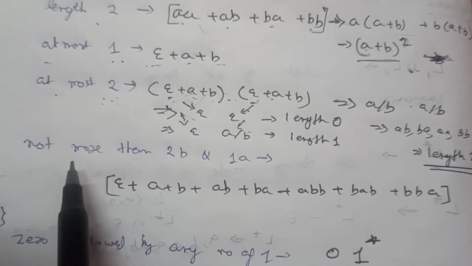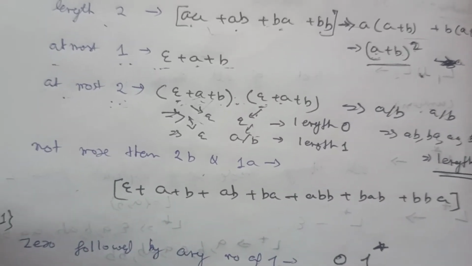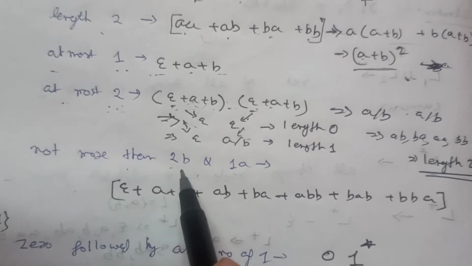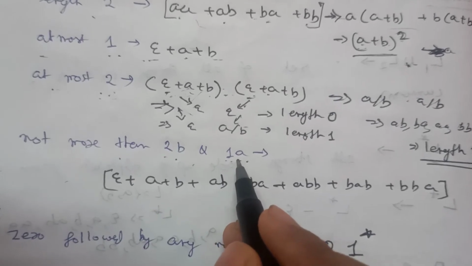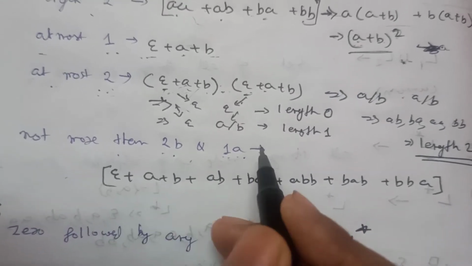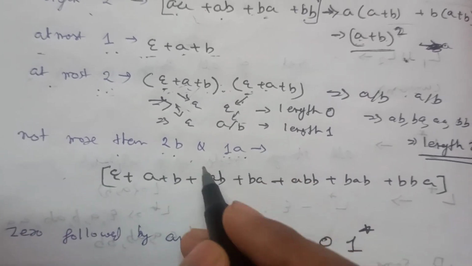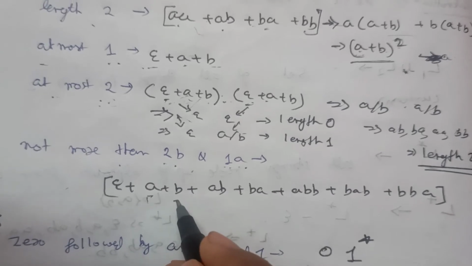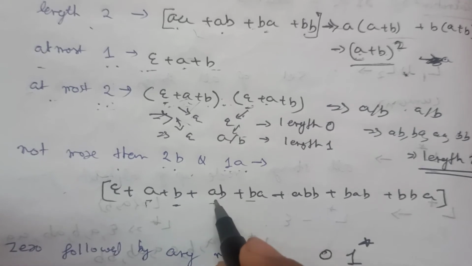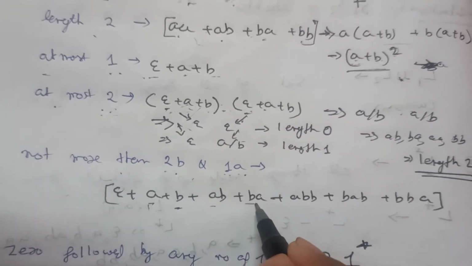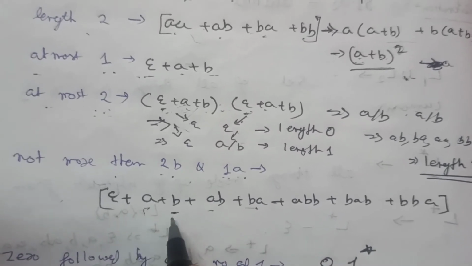Okay, so now: not more than 2 b's and 1 a. I am going to the difficult parts now. There cannot be more than 2 b's and there cannot be more than 1 a. So what is the basic string that can be possible here? It is nothing, null. There is not any value, so it is obviously not more than 2 b's and 1 a. Also there can be 1 a, there can be 1 b. Now there can be ab or ba both. We are not exceeding a single a or 2 b's. So up to that we have seen length 0, length 1 and length 2.